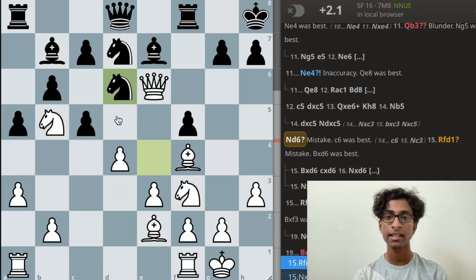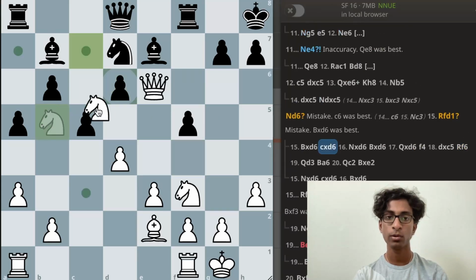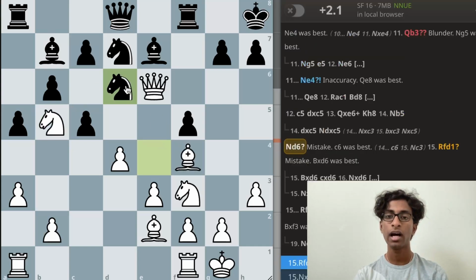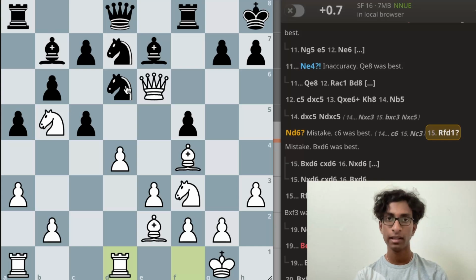Now here black actually makes a mistake and goes back to d6, and here I can simply trade on d6 once and a second time, and I should be winning a pawn. However, I decide to keep the initiative going even more and I play rook fd1. Now white is still much better in my opinion, but the engine doesn't like this move as much as just winning a pawn immediately. And I just decided to continue bringing the rook to an open file, I mean